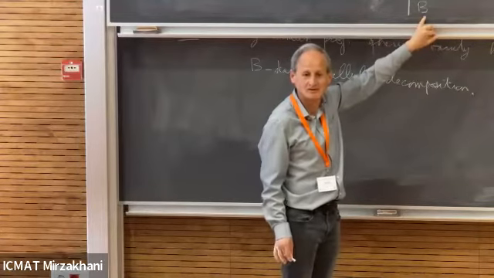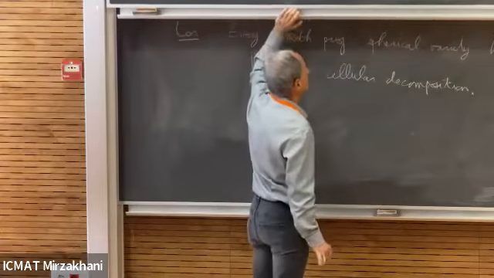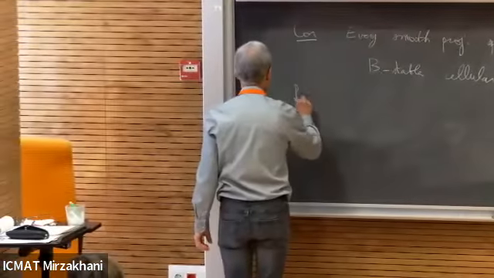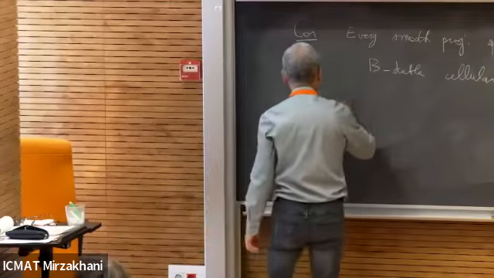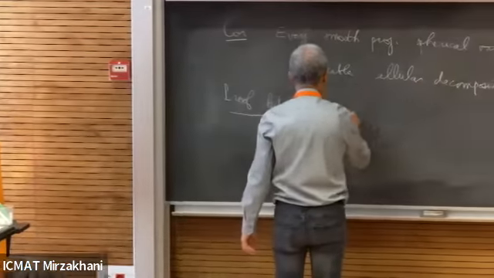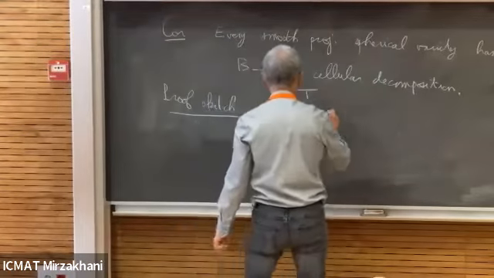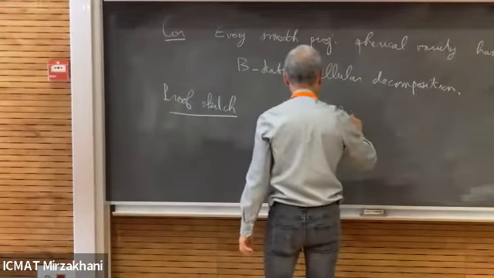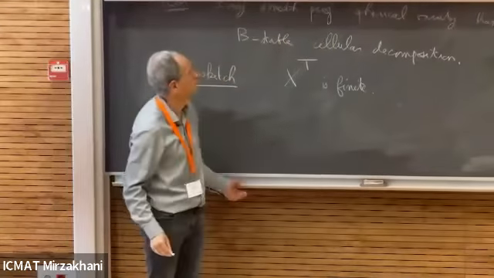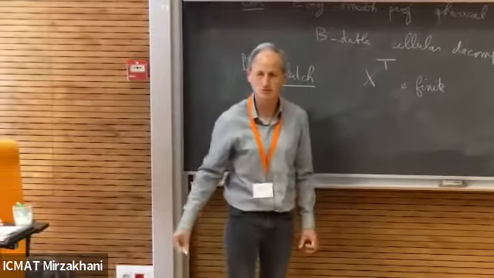So first of all, the fixed point set of T is finite. That's what I just mentioned. You decompose into the orbits, and then